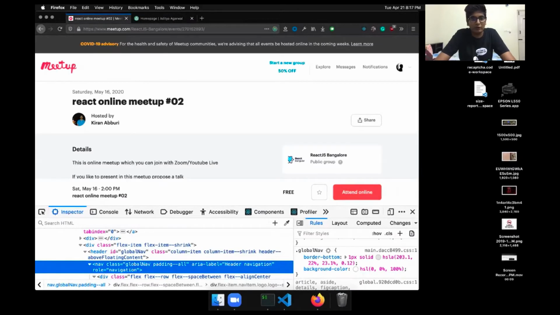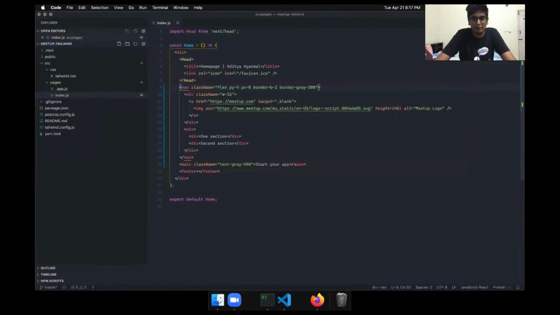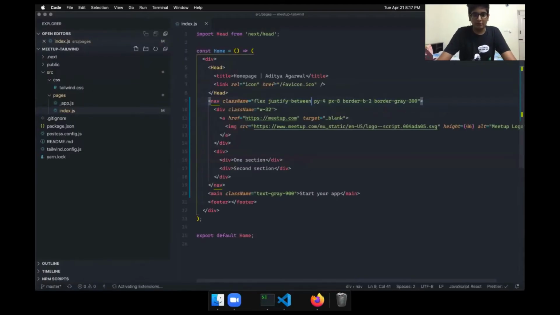And now what we want is for these two sections to have some space between them. This is left aligned, this is right aligned. This is just one line, and in the flex what we can say is justify-between, and let me just increase the font size.